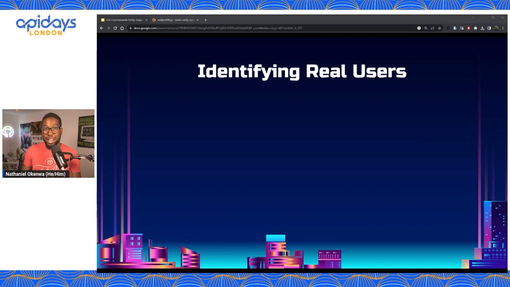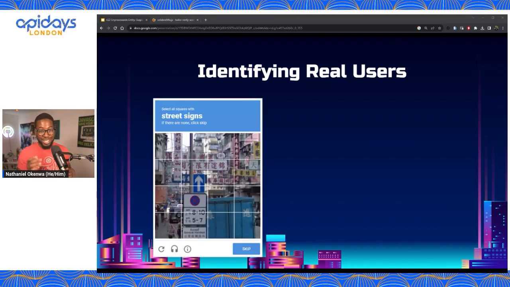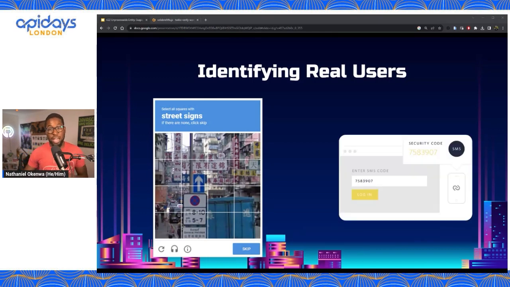And oftentimes, some of the classic ones that we've used are captchas. I find captchas hilarious because they're getting so ridiculous. And I won't be surprised if there's a point in the near future where only computer programs will actually be able to decipher captchas reliably. And another thing, which is kind of going to be what we talk about today, is sending one-time passwords. Now, this isn't perfect and it can be very hard and expensive to do at scale. I'm sure most of you have gotten one of these SMS messages before. Think about some of those situations because we're going to talk about that a little bit more.